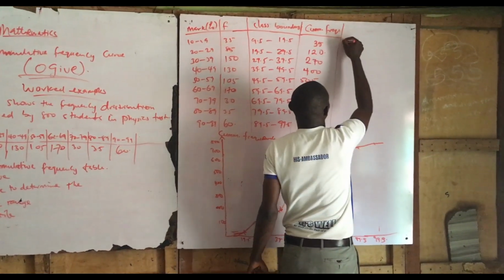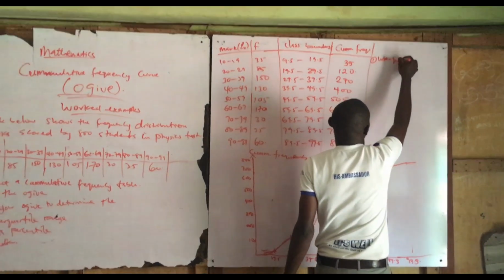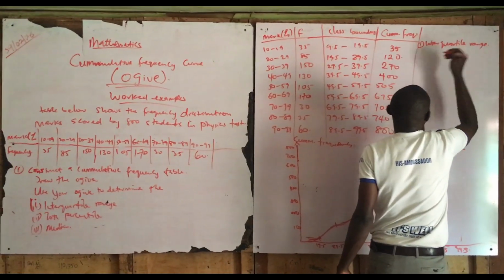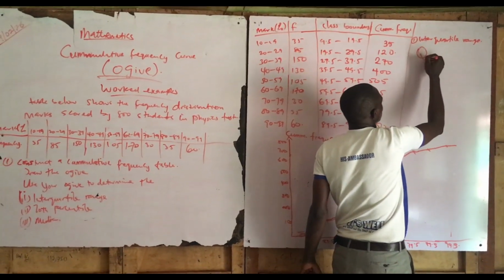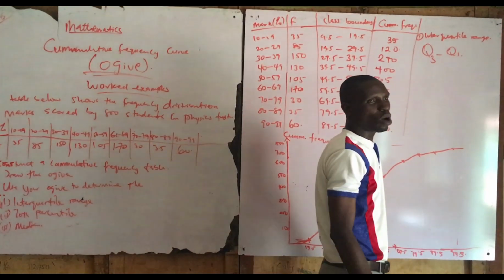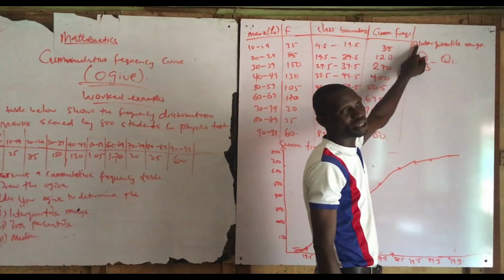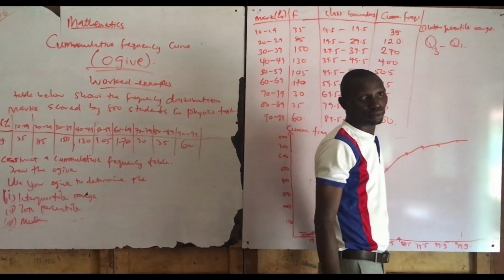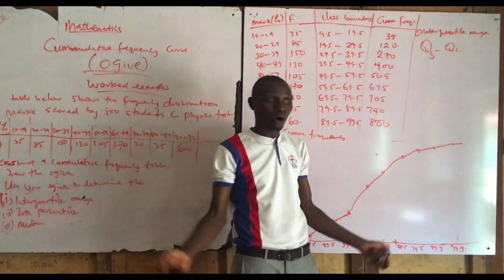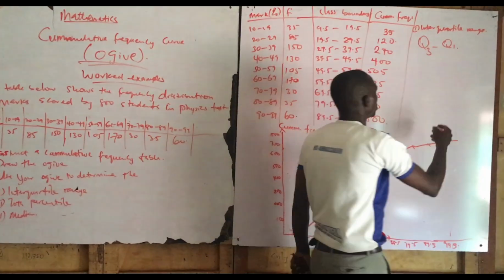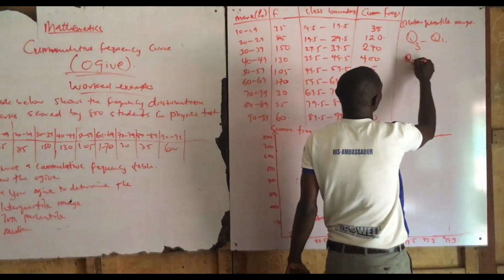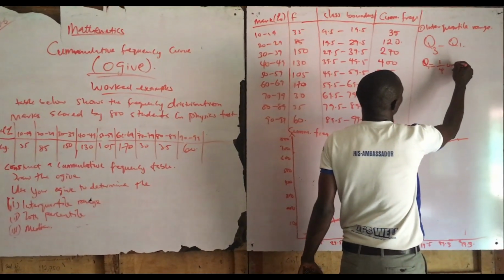Now we have to find the interquartile range. Interquartile range is given by Q3 minus Q1. What do we mean by Q3? It means the third quarter minus the first quarter. And what do we mean by quarter? Of course, you know the quarter of anything is 1/4. So when we say interquartile, Q1 will be 1/4 of